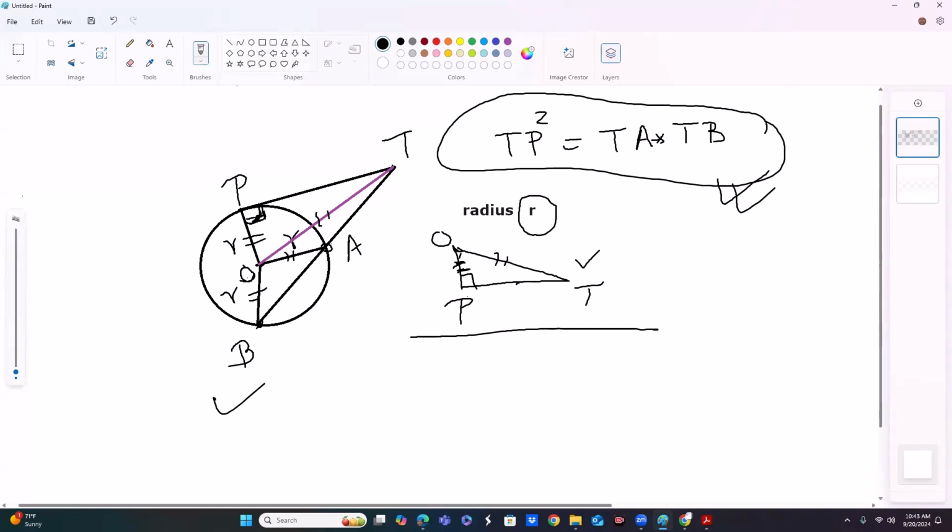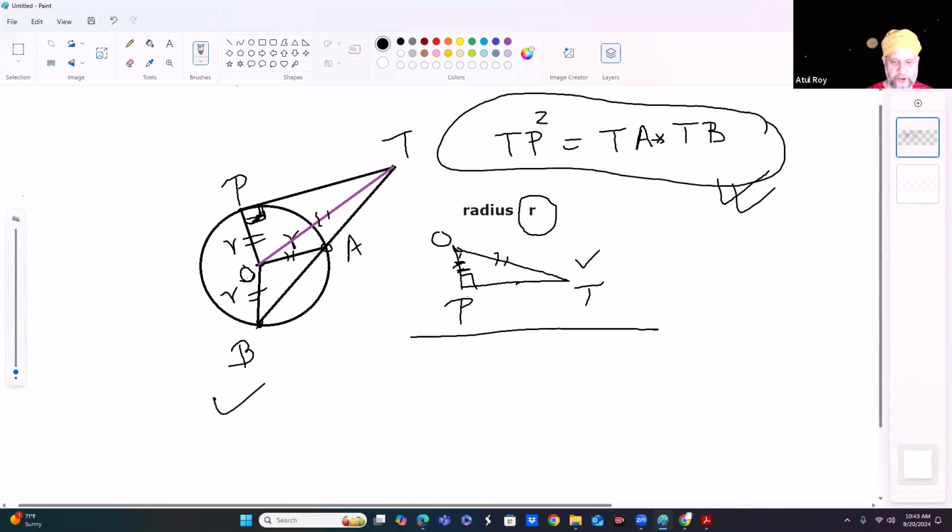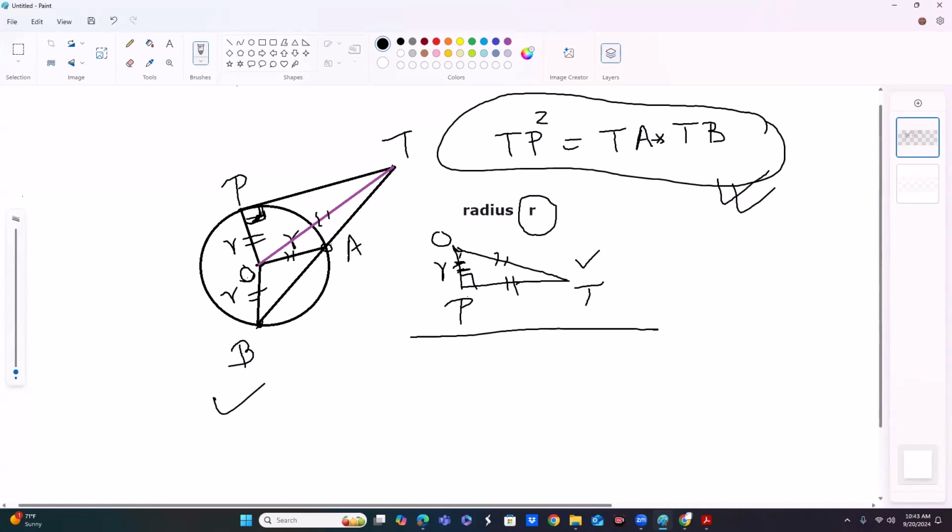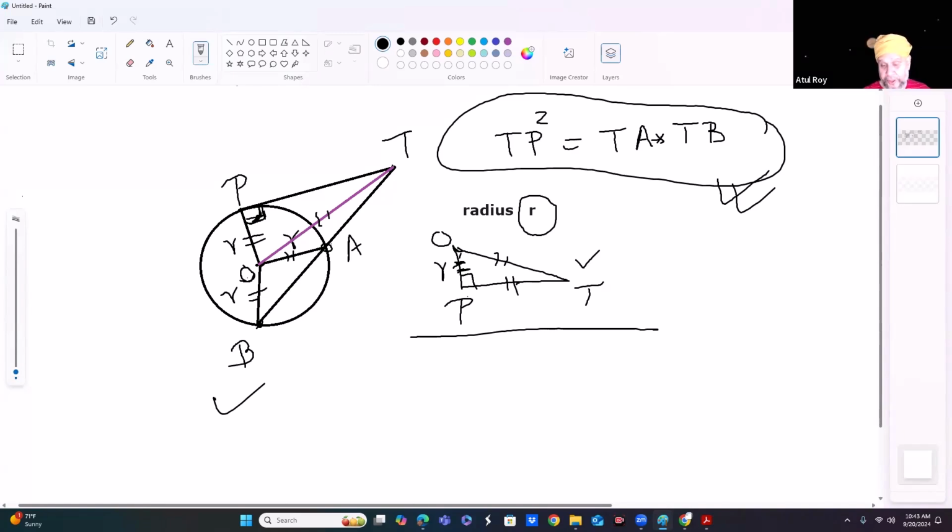Tell me, OP is R. R, very good. OP is R. And there is a very fortunate thing, and the fortunate thing is this, that we have to talk about TP, and TP has showed up here. See that here, right? Yes. So by the Pythagorean theorem, what will happen? OT square will become how much? Yeah, tell me, please. OT square becomes,